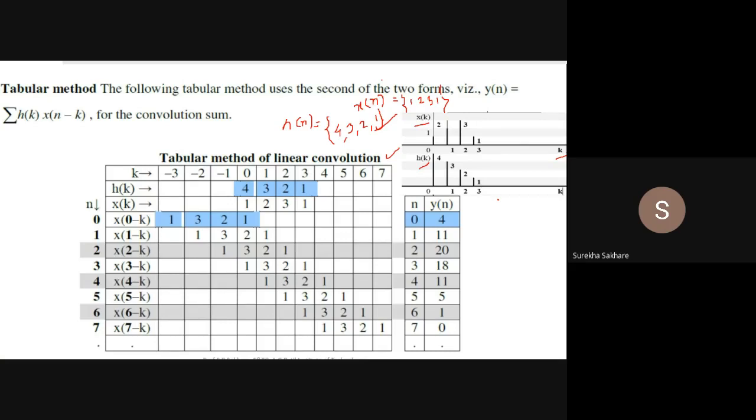Now step 2: as in the graphical method, find out what my starting value is. Suppose my starting value I'll call n1. This is equal to 0 because it is starting from 0. Here for n2, my starting value is 0, so I'll call it 0. So what is my rule? What is my starting value?